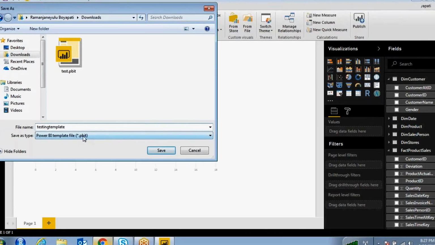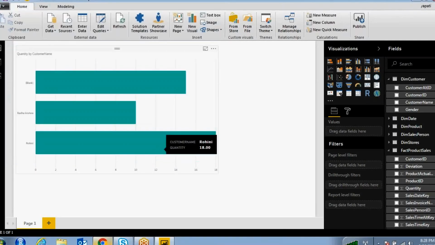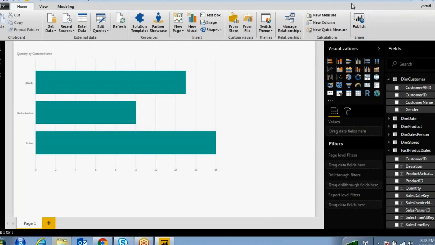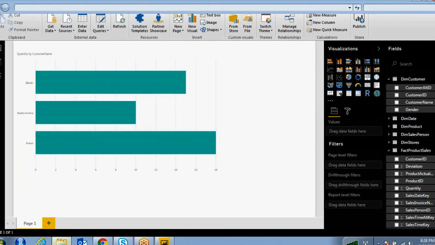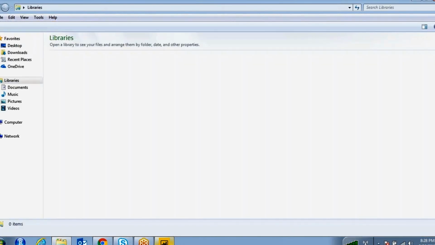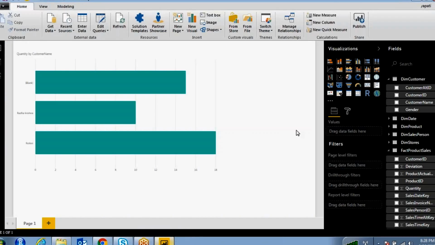It will save with the PBIT extension. Now I want to close this one and reopen this Power BI report template.